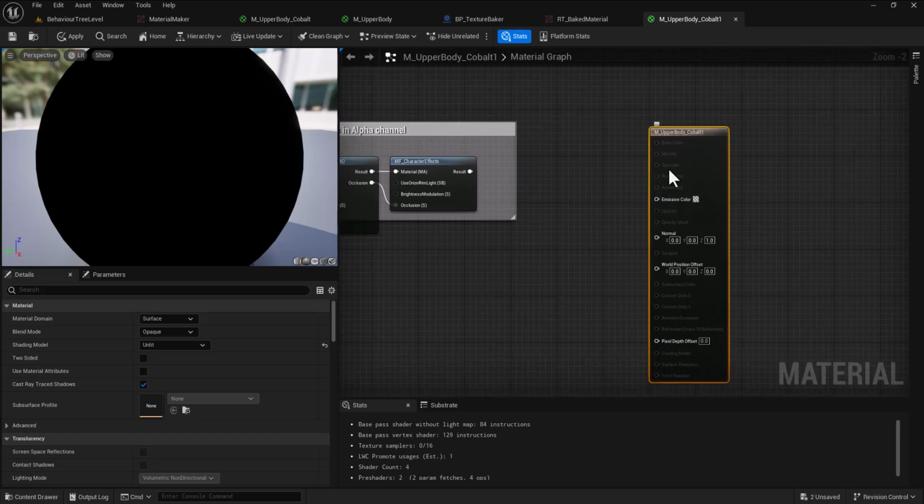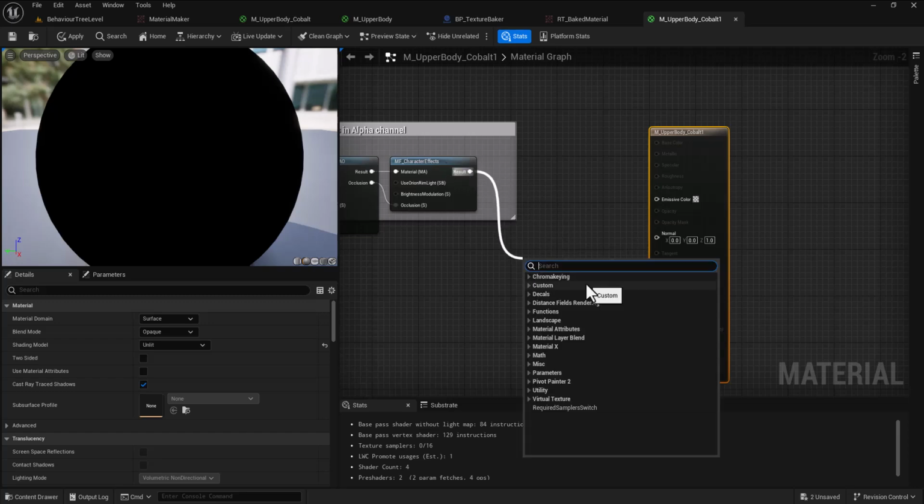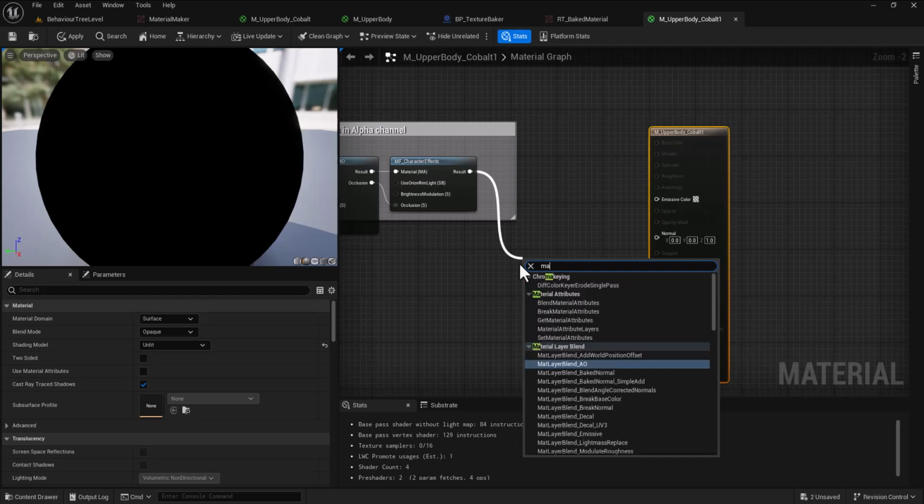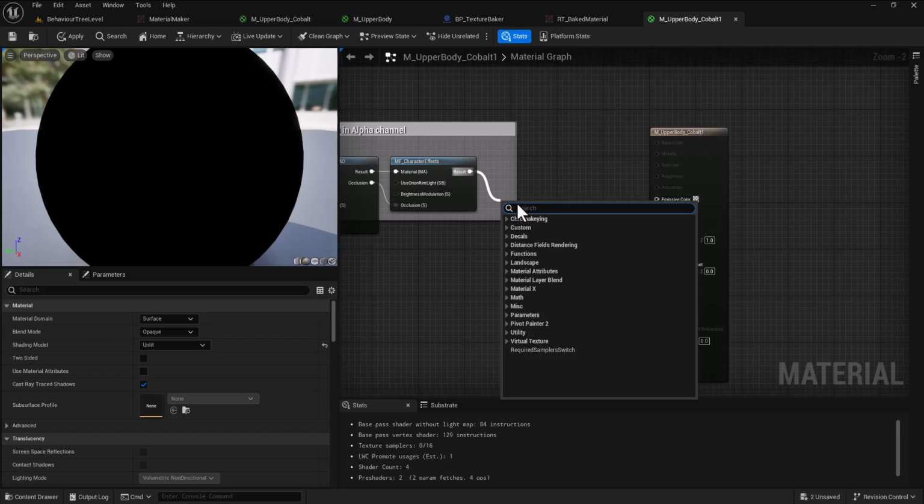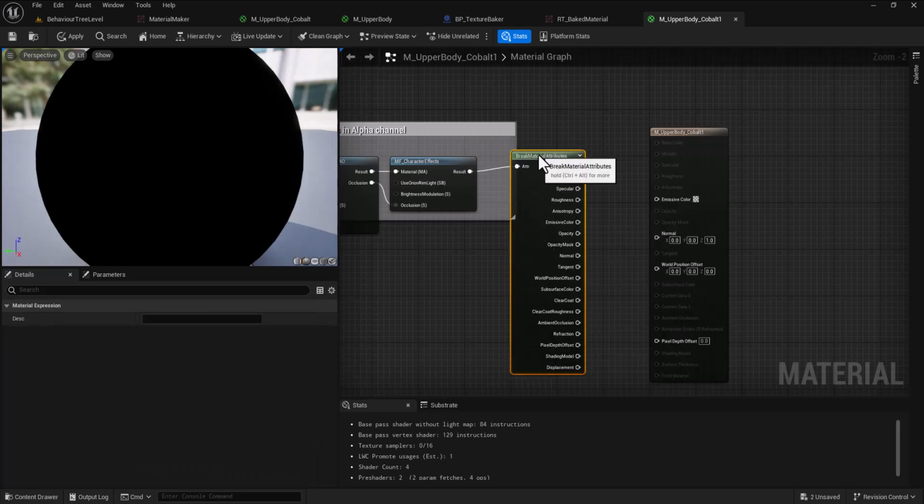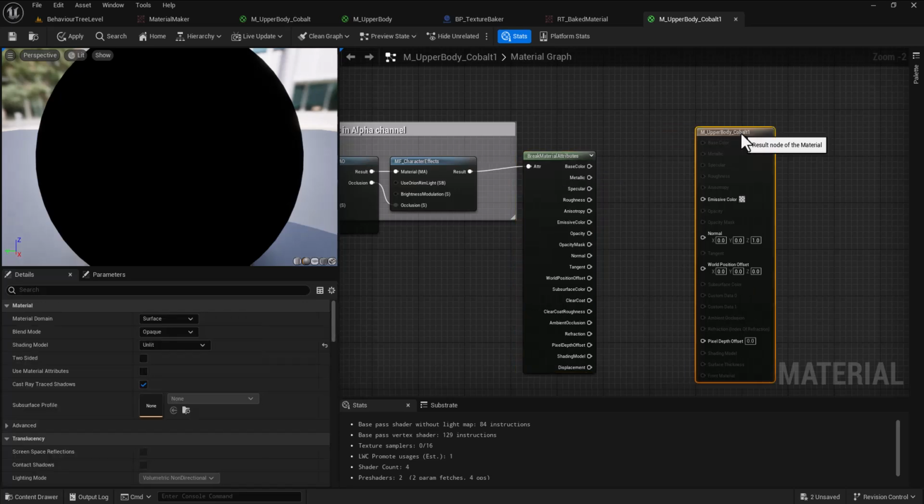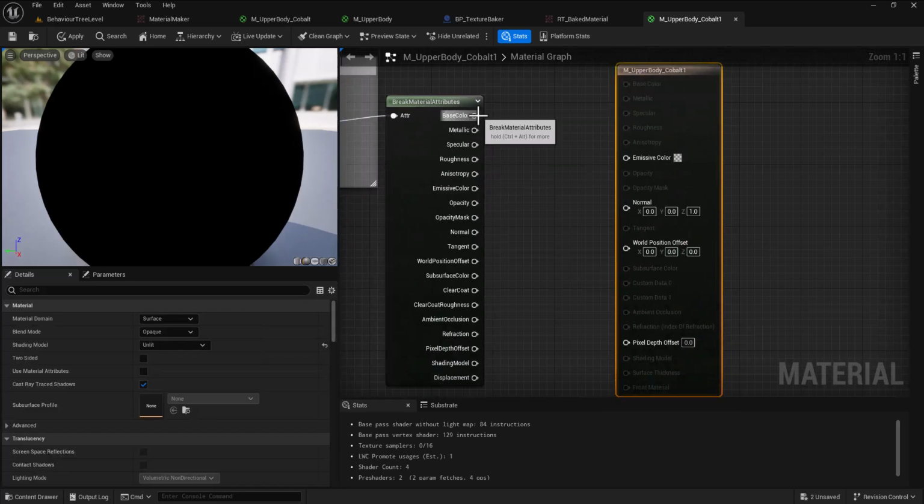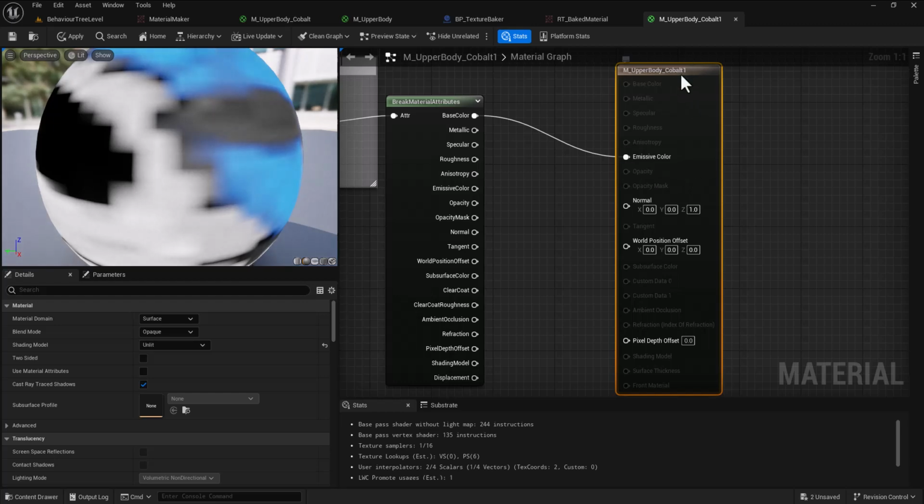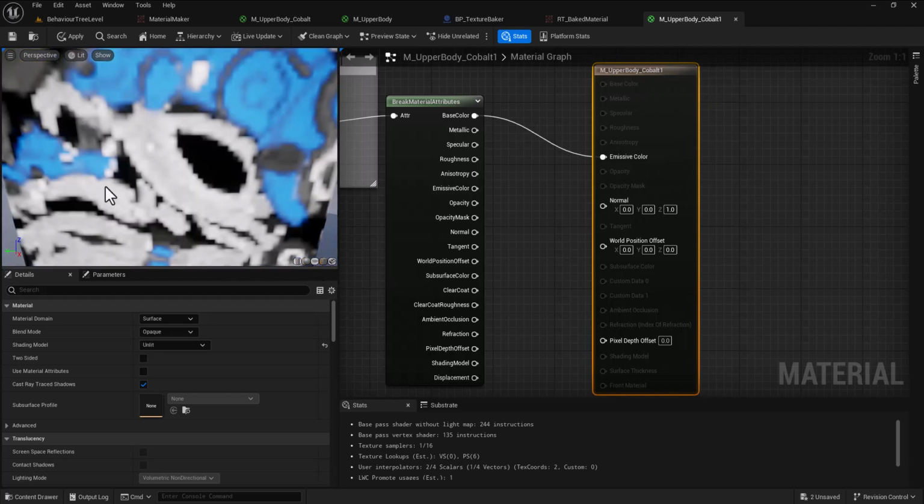Now, only the emissive colour matters in this instance. So I'm going to drag off of here and type make material. Oh, it's a split, isn't it? So break material attributes. Break material attributes here. And now we're in a good place, because if I take the base colour and plug that into the emissive colour, we should see